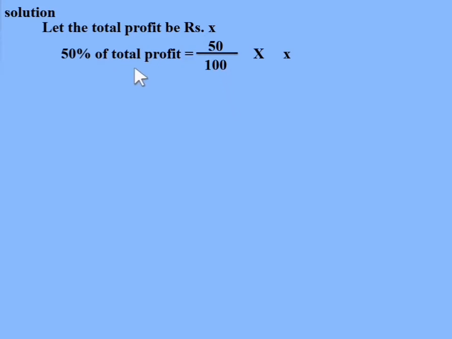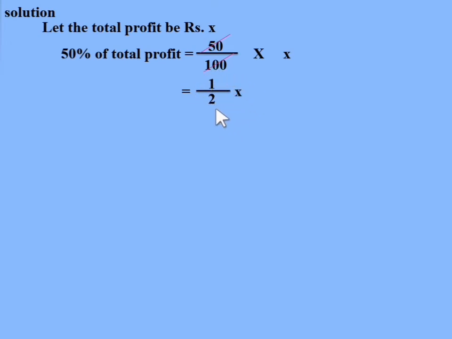So in order to find 50% of X, we have to divide 50 by 100 and multiply it by the total profit. Total profit is X. 50 by 100 multiplied by X. Now 50 ones are 50, 50 twos are 100. This is equal to 1 by 2 X. So this 1 by 2x